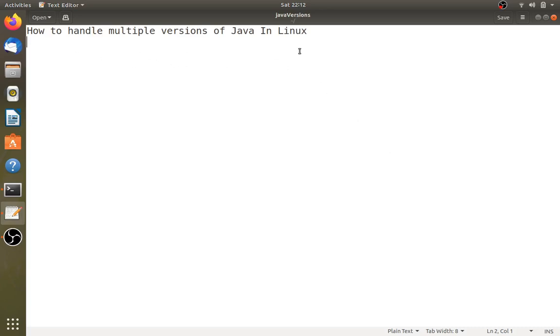So today we are going to see how to handle multiple versions of Java in Linux. There are so many applications in Linux we might be using, and if they are Java-enabled applications, each application will be enabled for some version of Java. One example is if you have Java 11 and Java 8. Most applications support Java 8 as the standard, but in case both Java 11 and Java 8 are there on a Linux machine, how do we handle this? In this post we are going to see how to handle multiple versions of Java.